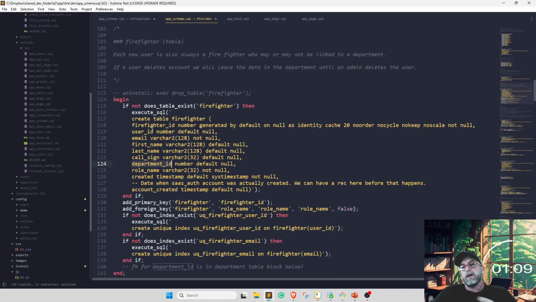So in this, I set up a department and I set up a user in the firefighter table. When that user signs up, they automatically get linked to the department. They're an admin. They can create more firefighters and tell them to sign up, and when they sign up, if those emails match, they get automatically added to the department. It's a really simple process. So that is a design pattern that can be used in other applications.